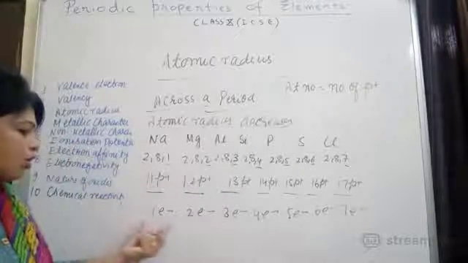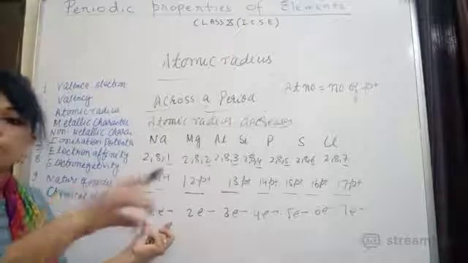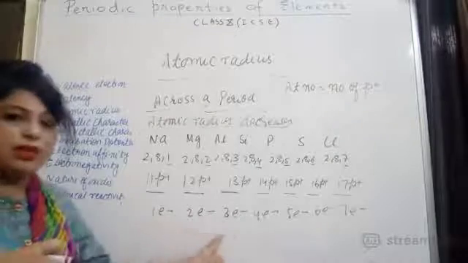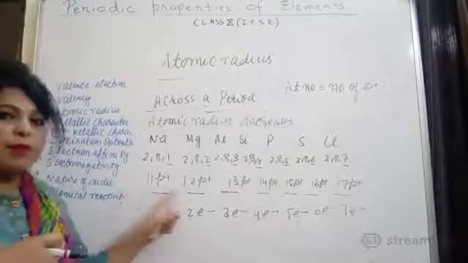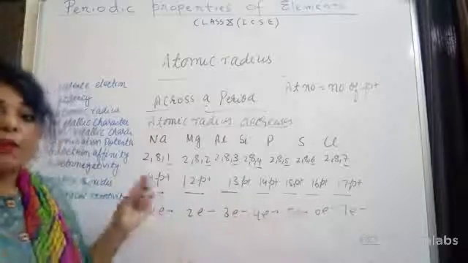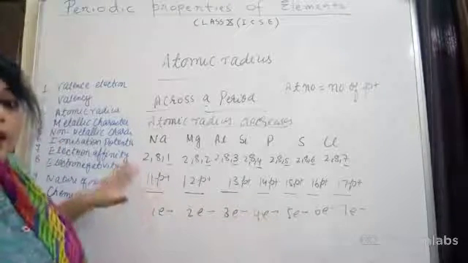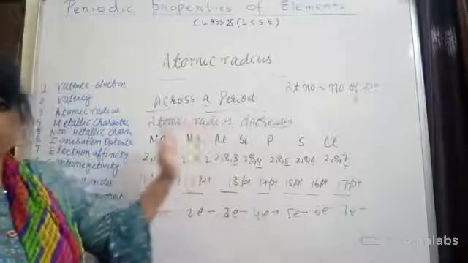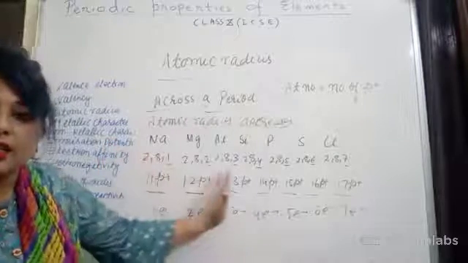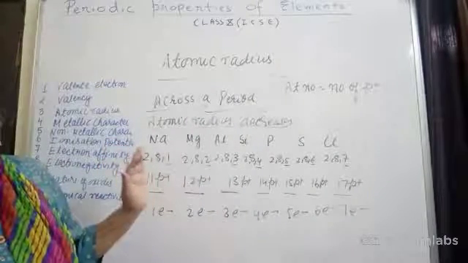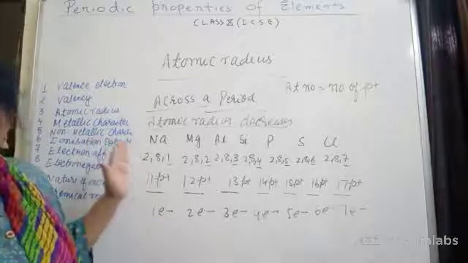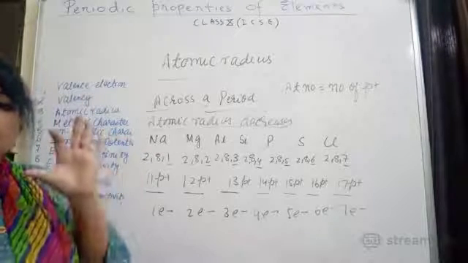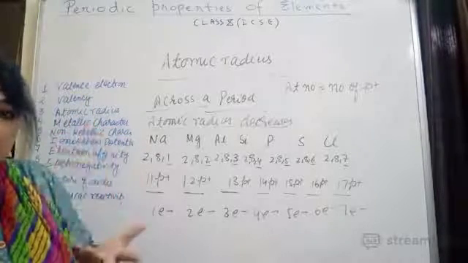Now what will happen? The outermost shell will experience a nuclear pull towards the center. Since the number of valence electrons and the number of protons are increasing, what will happen to the outermost shell? It means nuclear charge is increasing. There is no role of neutron in this. Only the number of protons present in the nucleus is responsible. Overall charge of the nucleus will become positive.